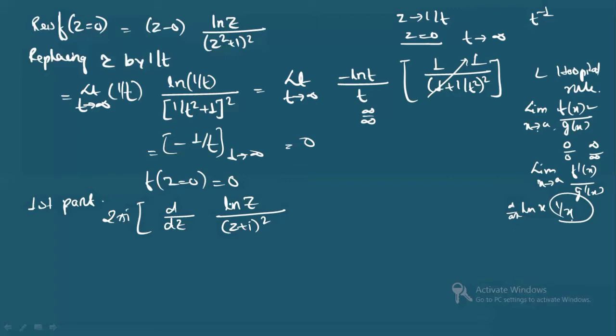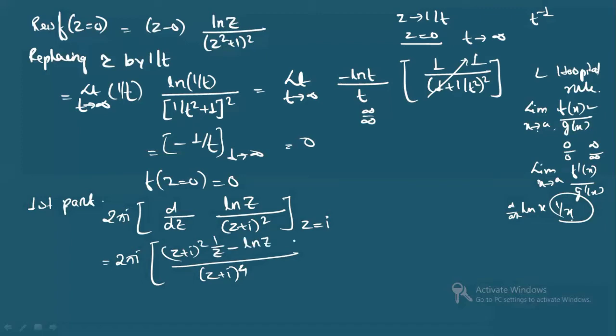So you will have to just differentiate this. So I'm just differentiating here only. So this is 2 pi i, okay, this is z equals to i. So when you will do so, u by v form, this is (z plus i) to the power 4. So keeping v as it is, derivative of ln z will be what? 1 by z. Okay, minus, keeping ln z, you will get 2(z plus i). Okay, so further when you will do 2 pi i, this is z is equals to i.